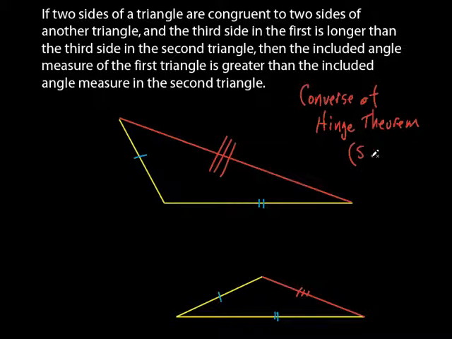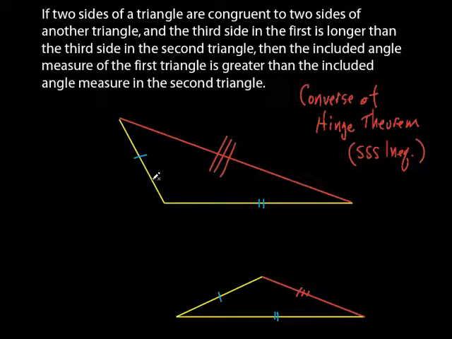Before this one, they call it the side, side, side inequality. I'll just shorten it so it fits on here. Okay, the side, side, side inequality. Let's see why they call it that. Well, let's read it. It says if two sides of a triangle are congruent to two sides of another triangle,